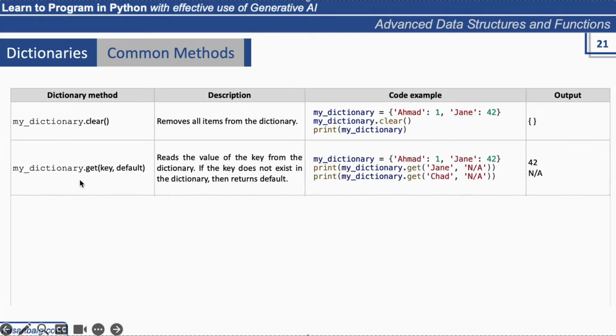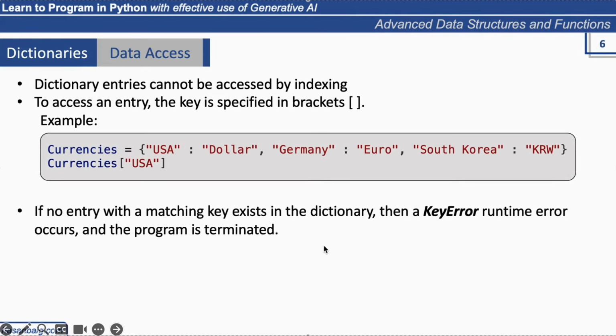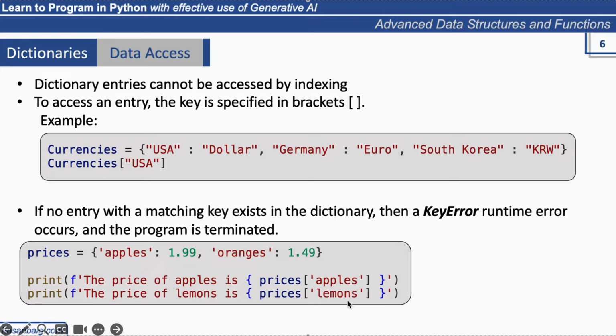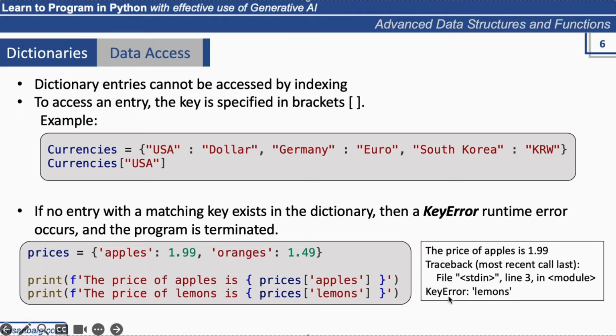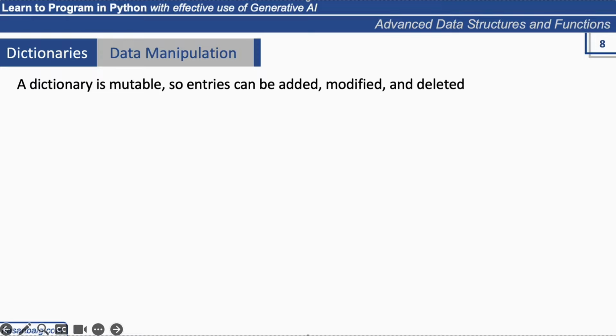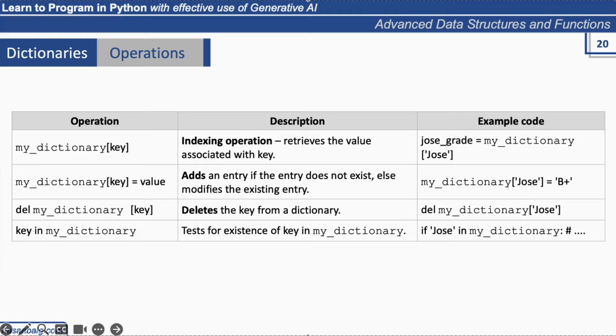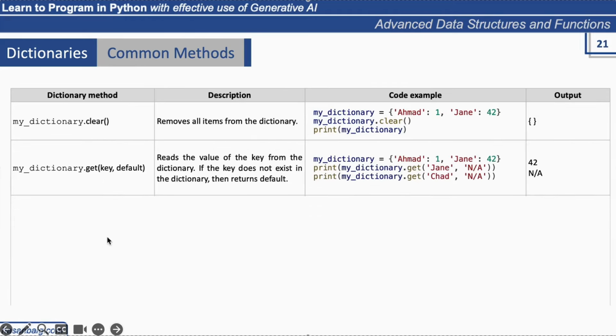Next is the get method. It is also important. So recall that we talked about how to access the value associated with a key. I gave you an example. If you recall this example here, let me pull that up. We talked about this one. Here, when we try to access a key which does not exist, so first of all, how we can access the key? We specify the name of the dictionary and the name of the key within these square brackets. If the key does not exist, what you get is the key error. However, with the help of this method, the get method,